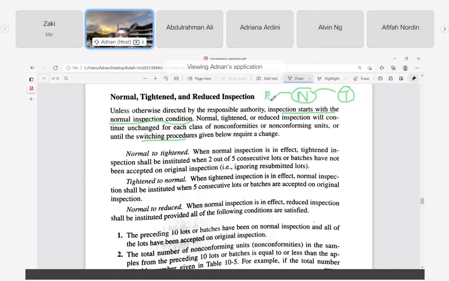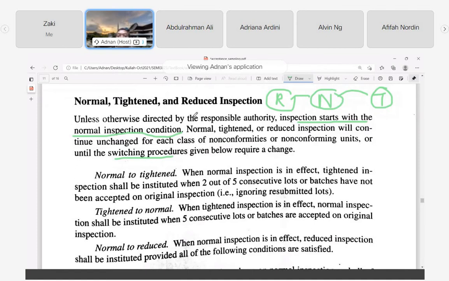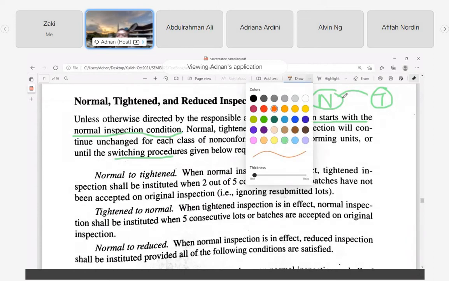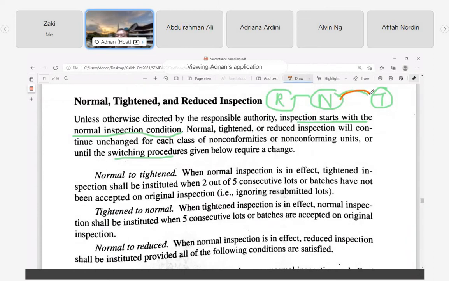So what are the conditions that allow us to do that? Let's say we are now in normal and we want to switch to tightened. From normal we want to go to tightened. What situation allows us to do it? When normal inspection is in effect, tightened inspection shall be instituted when 2 out of 5 of our lots